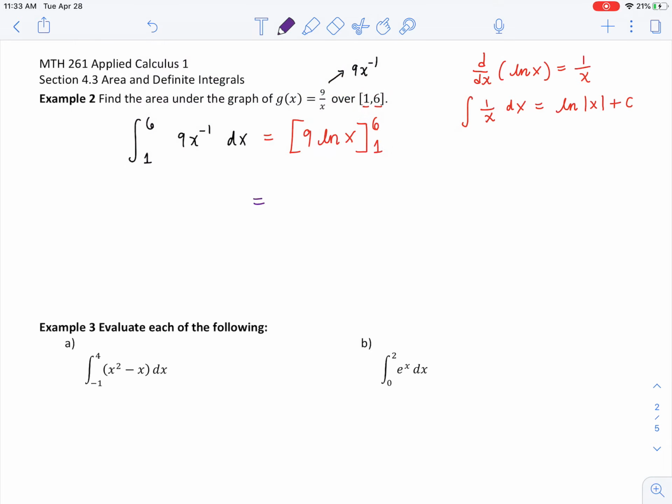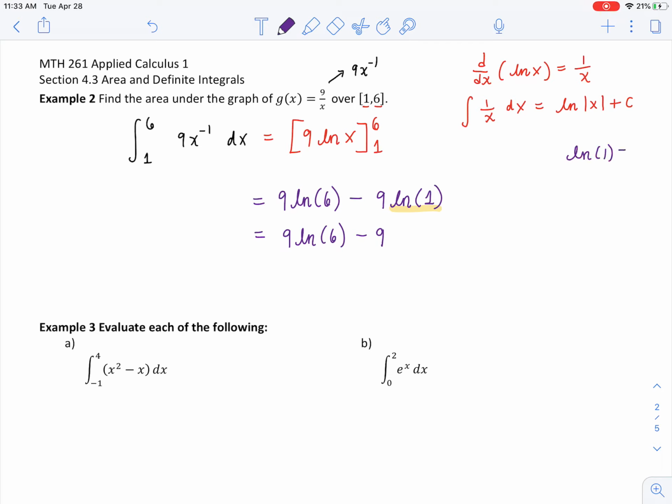And what that means is I'm going to first plug in 6 into this function: 9 times natural log of 6. And then what do? Minus 9 times natural log of what number? 1. Okay, that is 9 times natural log of 6 minus 9 times,